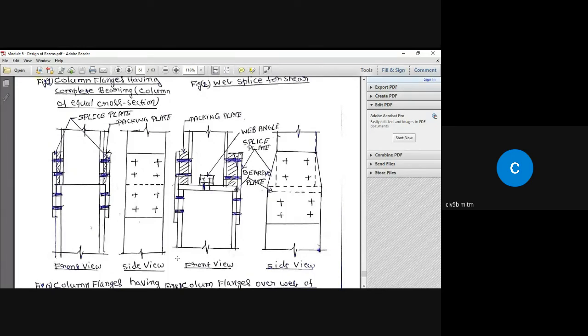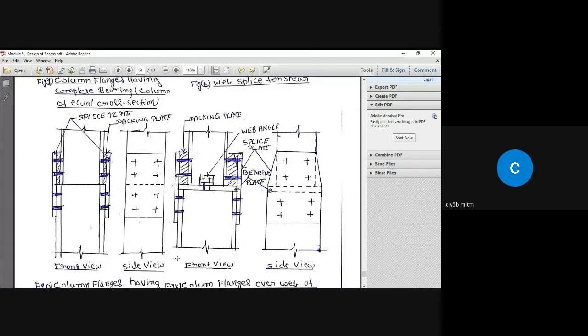When you get a question about the design steps for laterally unsupported beams, go ahead and write those formulas in a sequential fashion, not from top to bottom, but from bottom to top. That is only for bending. As far as deflection is concerned, whether it is laterally supported or laterally unsupported, it is the same deflection. In the case of a laterally unsupported beam, you don't have to worry about high shear or low shear. You need to care about high shear and low shear only in the case of laterally supported beams.